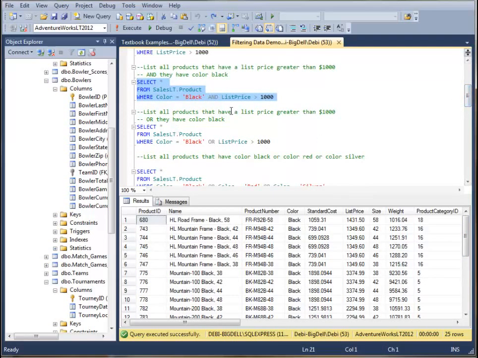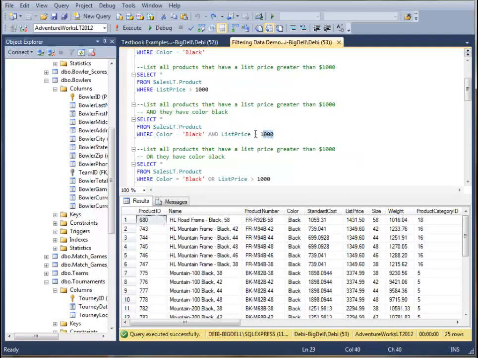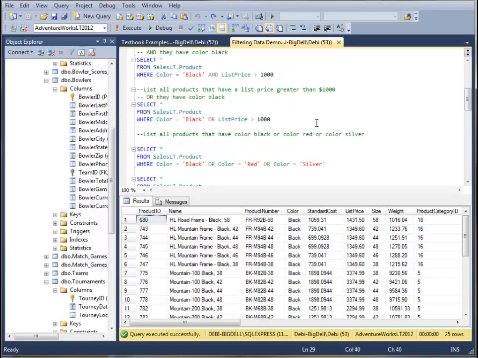What about if I have black or over $1,000? Is my record set going to get larger, smaller, or will it remain the same? Remember that in an OR condition, the records that are returned must satisfy one or the other of the criteria. So I'm guessing that I probably won't have